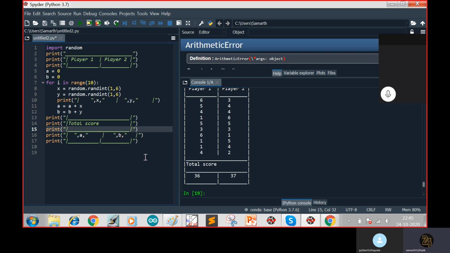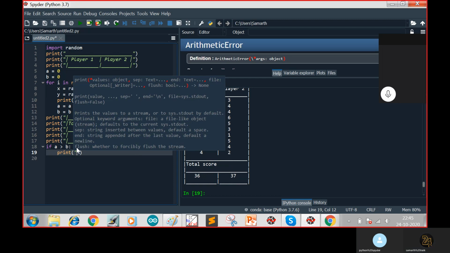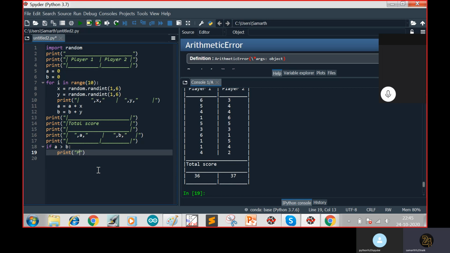Yes, perfect. Now only one thing is left, I have to display the winner. So displaying the winner is actually really easy. What we'll just do is if A is greater than B, then print player 1 is the winner.